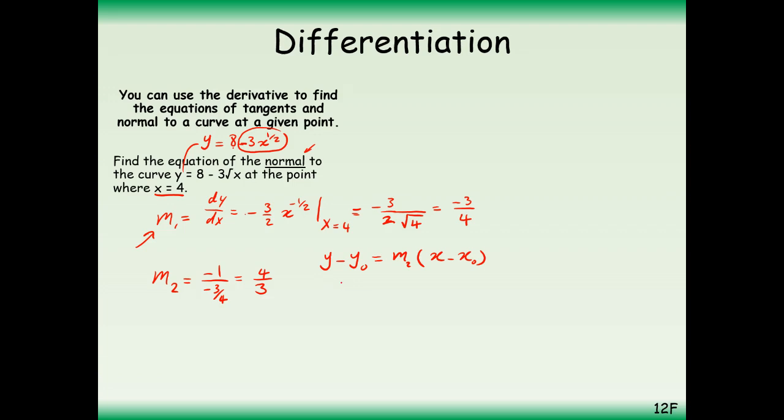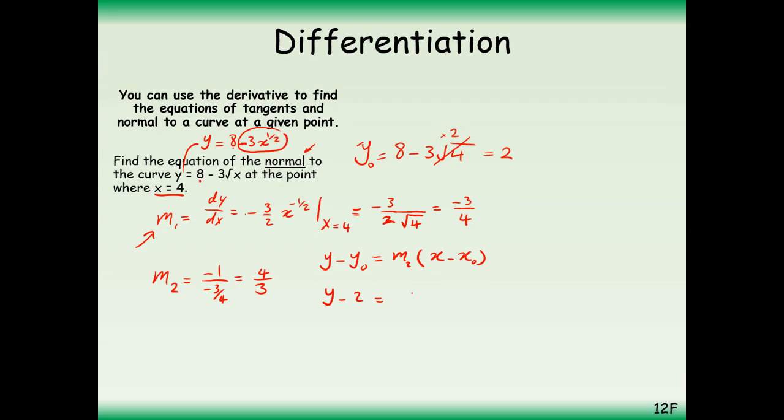So we're going to substitute the y value, which we still don't have, so we have to calculate the y value ourselves. We're going to say 8 minus 3 square root of 4. So this is telling us what this y naught really is, and the square root of 4 is 2, so 3 times 2 is 6, 8 minus 6 is 2, and therefore now we can write y minus 2 equals